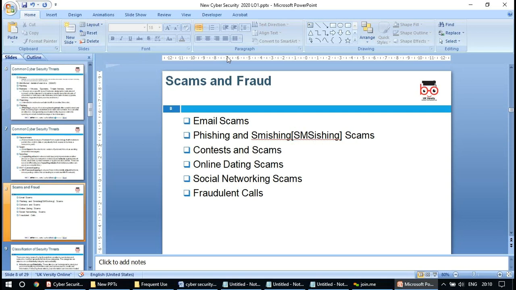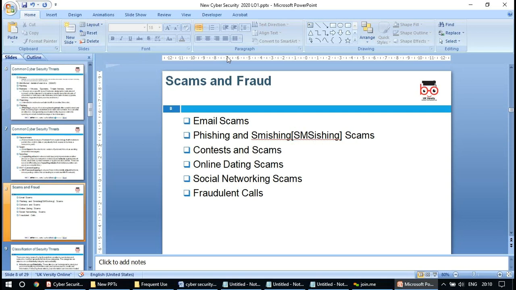Furthermore, there would again be classification in the naming conventions. Before phishing came in, there was no concept of phishing, isn't it? Then contest scams. Sometimes they say you have been enrolled into a contest and you have won like 1 million pounds since you were put into the lucky draw and so on, isn't it? Then online dating scams,